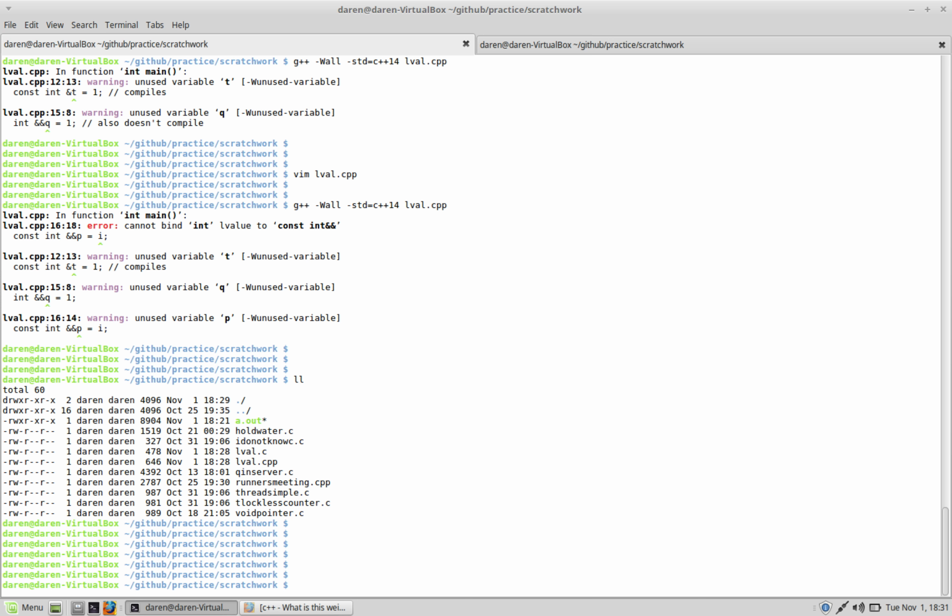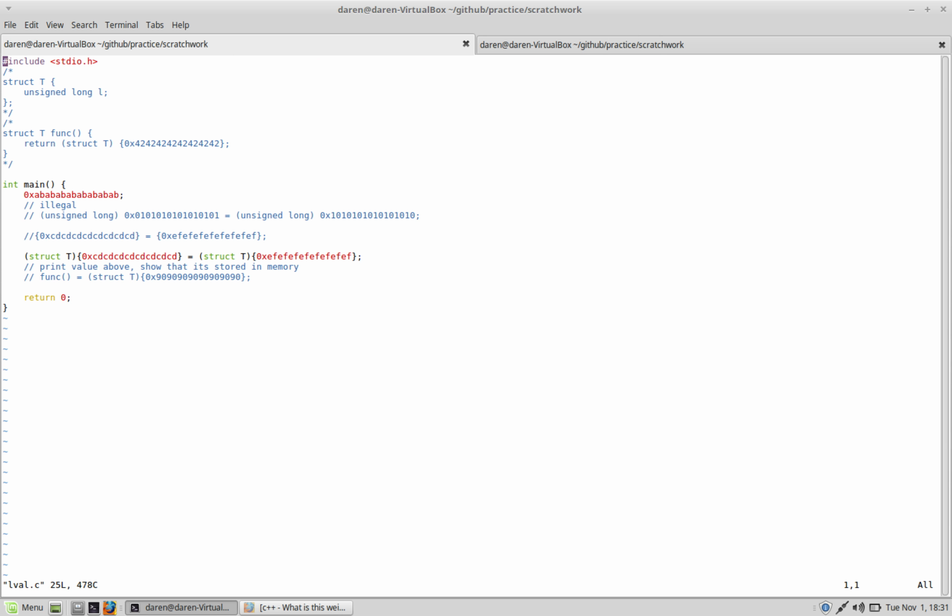and references and double references in C and C++. So I prepared two files, scripts, whatever you want to call them, to discuss this. So first off, here is a very